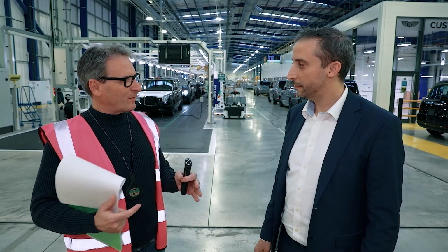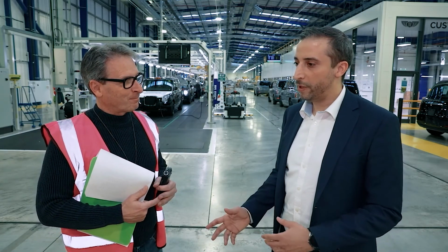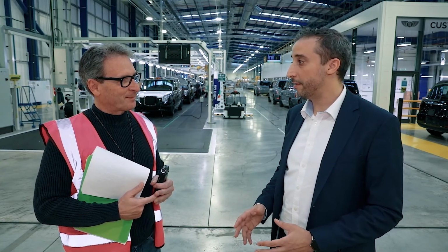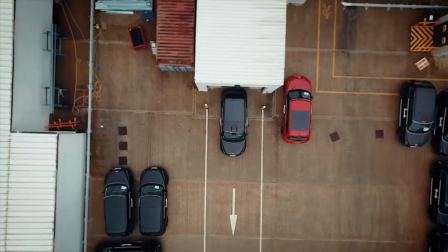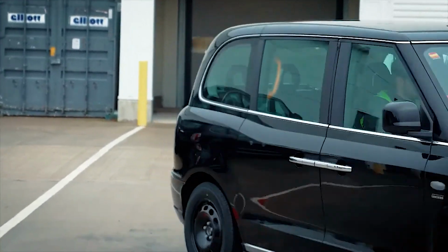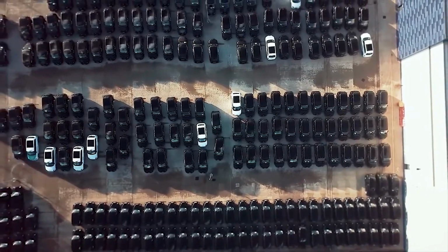Let's look a little bit to the future. Expanding capacity with the TX. How is that looking? So our factory is geared up to do between 22 and 24,000 vehicles a year. We currently run around between 3,000 and 4,000 cars, and therefore we can expand capacity quite significantly. We have got in essence around about 90 odd stations, but we can extend that to 120 plus stations,